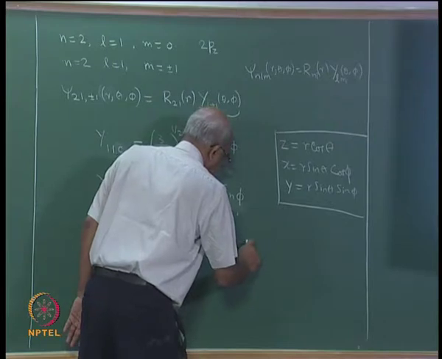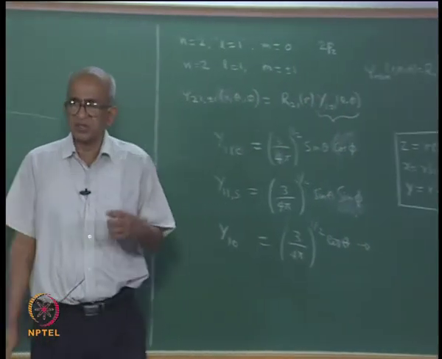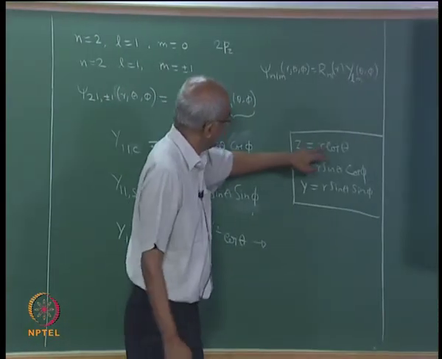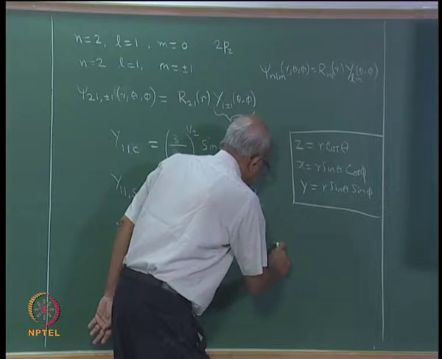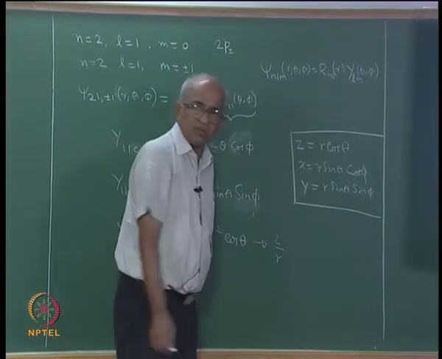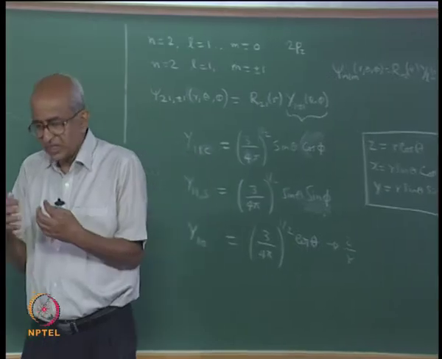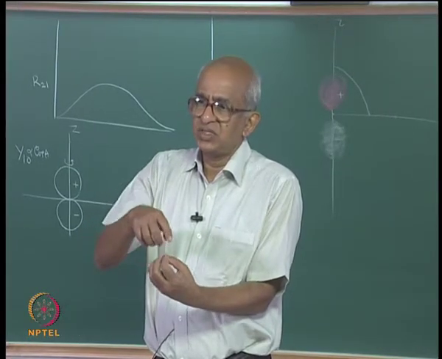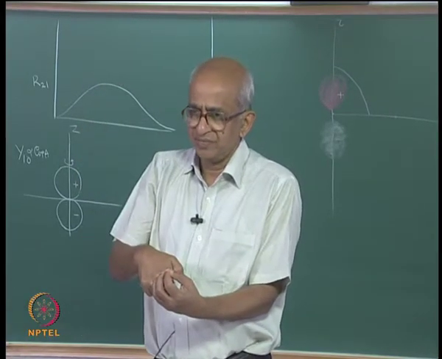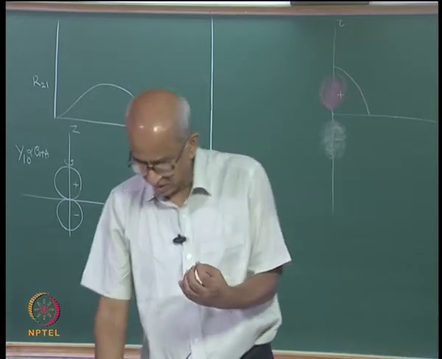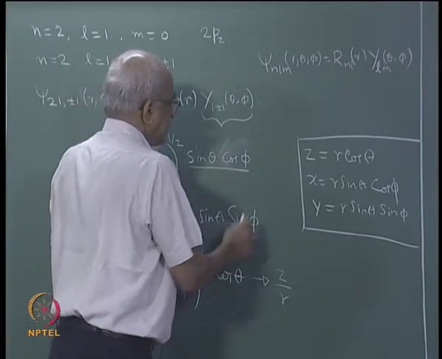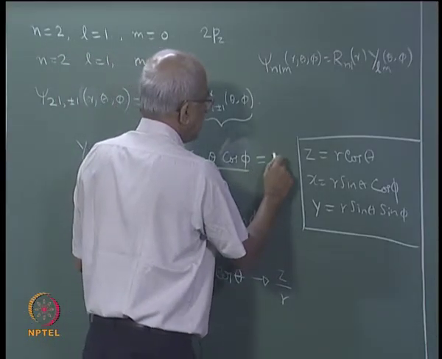Now, if you look at cos theta, suppose I expressed it in terms of z, you can see that it can be expressed in terms of z. What is it? It is nothing but z divided by r. And you see that if you made a polar plot of z by r, the result actually consists of surfaces of two spheres which are located along the z axis, right. And with that information, suppose you look at sin theta cos phi, sin theta cos phi actually is x by r.